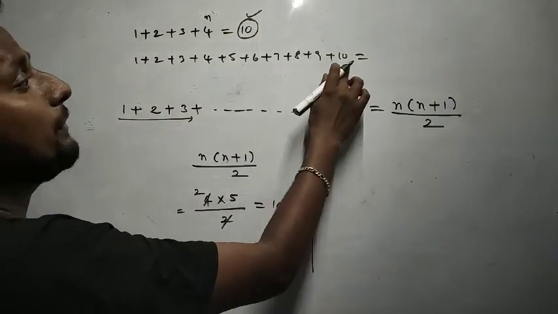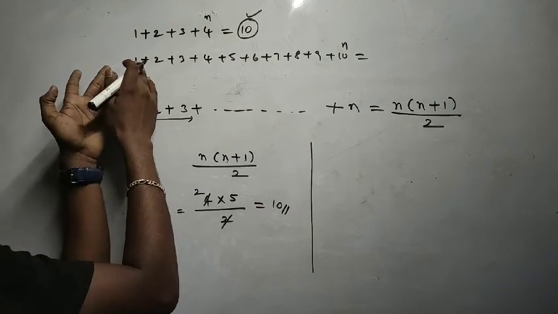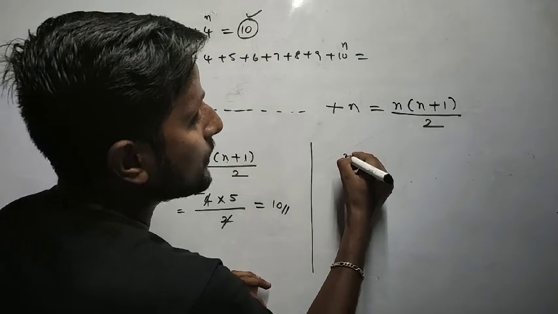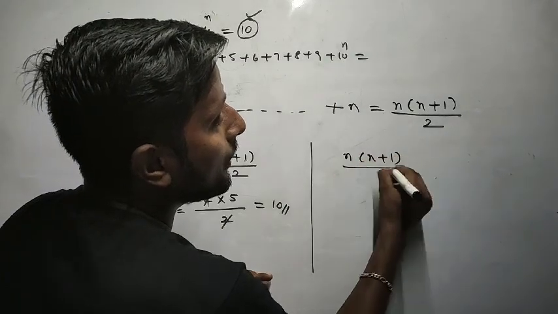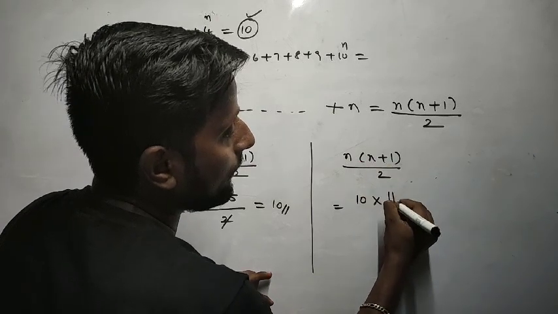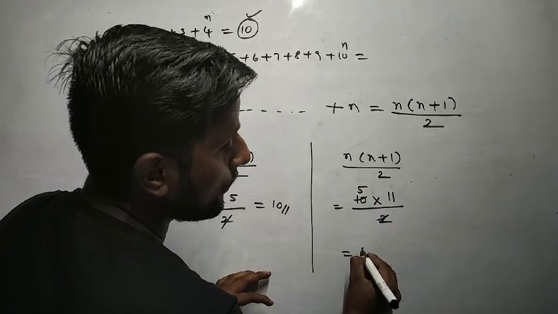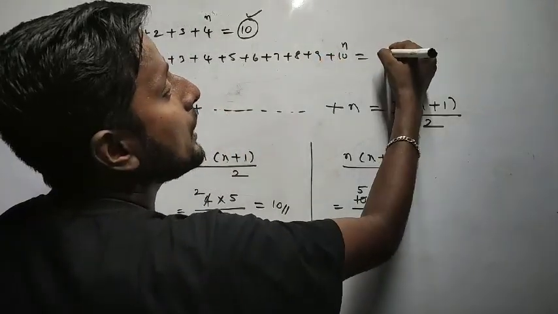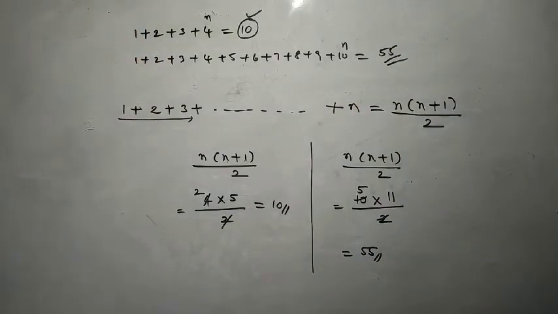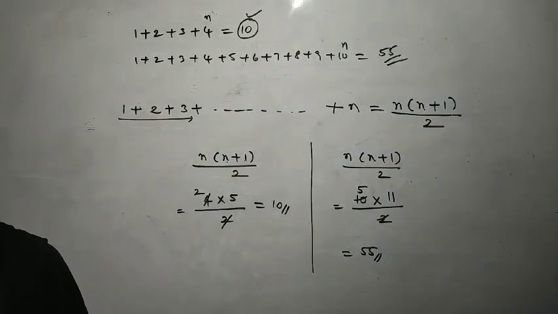Second case, n value 10. Look, is there any sequence missed or not? The numbers have to start with 1. No number has been skipped from the series. So n value is 10. So the formula is n into n plus 1 by 2. N value 10 into 10 plus 1, 11, by 2. 2 ones are 2, 2 fives are 10, 11 fives are answer 55. So the sum of all these numbers is 55. I calculated it even without adding. Am I right? So it is one of the formulas. Okay, okay beta. Thank you. Have a nice day.